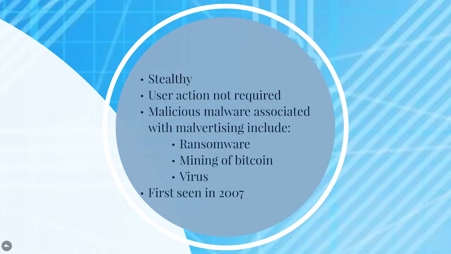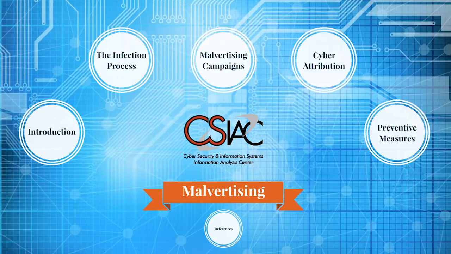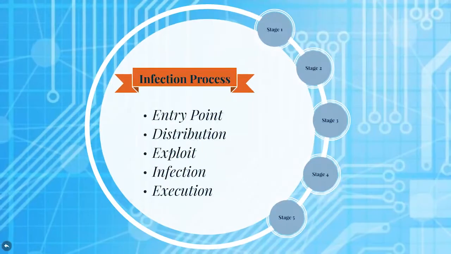Malvertising was first seen back in late 2007 and early 2008, with 2014 being the year of outbreak with a 325% attack increase according to the security firm CyFort. In 2015, malvertising soared with mobile platforms, as well as seeing the first political malvertising campaign with pro-Russia propaganda, according to Trustwave. Currently, in 2018, it can be seen spreading crypto ransomware and hijacking Google's DoubleClick ad service in order to mine Bitcoin.